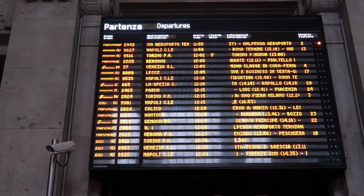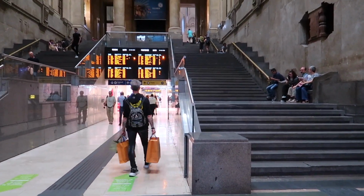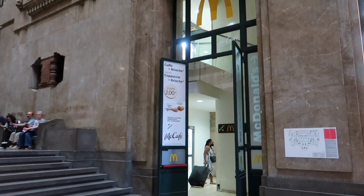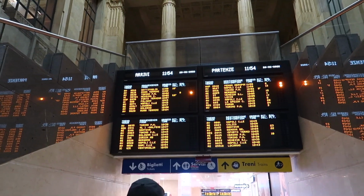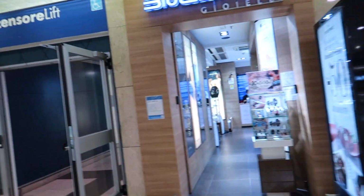Partenze, salidas, departures. You don't have to go up these stairs with your heavy bags. There are escalators and there are lifts, elevators. We also see their arrivals and departures, so you could see both together. You have a place to leave your bags, and I think there's also a post office there. Stores, you have a lift there. Don't confuse ATM machine where you get money with ATM.it, which is where you get the urban, the metro and the suburban lines